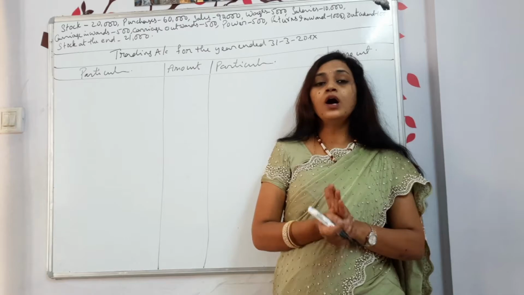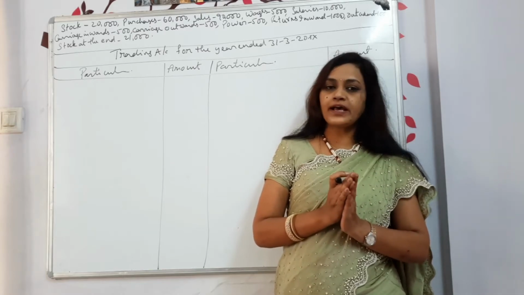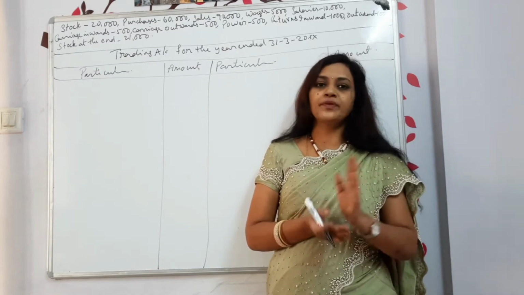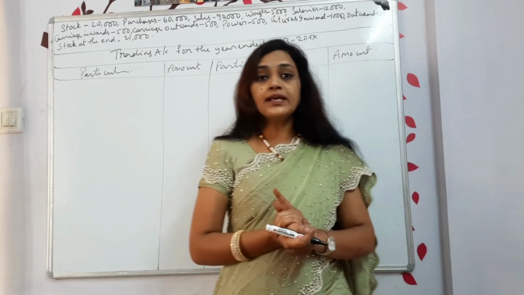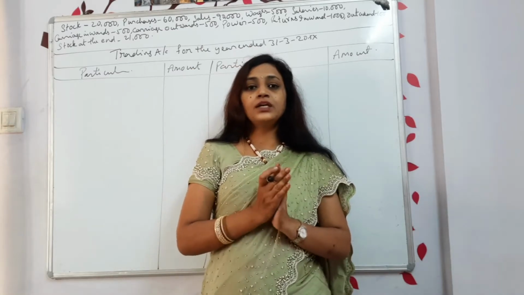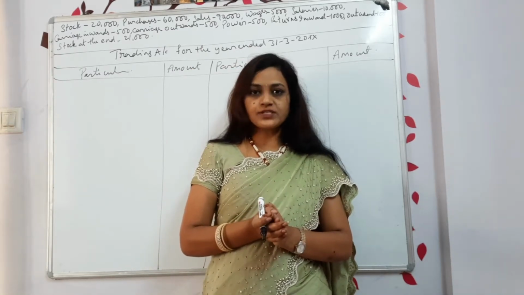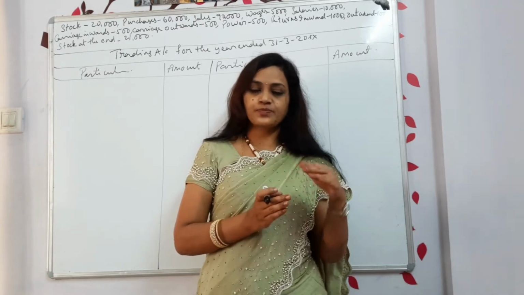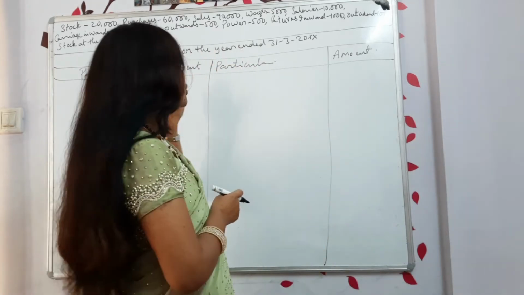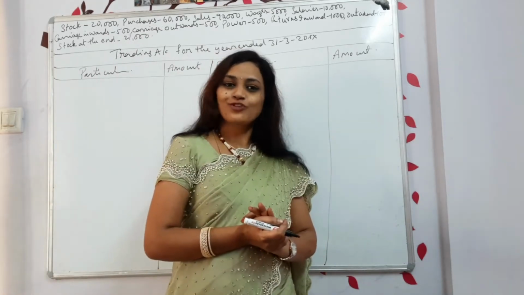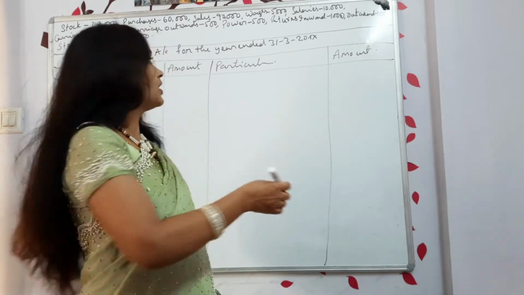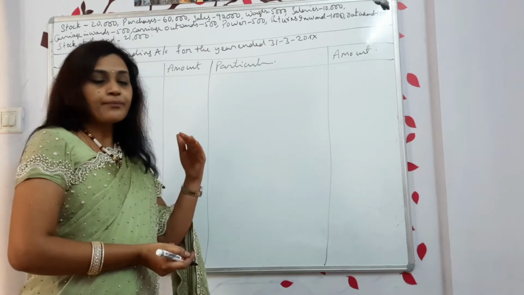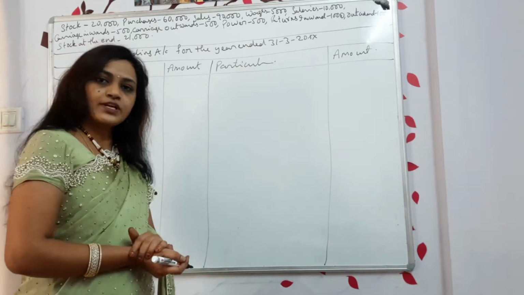You just need to know how to segregate which are called trading expenses, and which are called profit and loss expenses. That means admin expenses will come there. Trading expenses are, till you manufacture the product, whatever expenses you have made, everything will be shown in trading account. Now let us see, some expenses I have given to you. Check whether they will come under trading account or profit and loss account. Let us check it out.